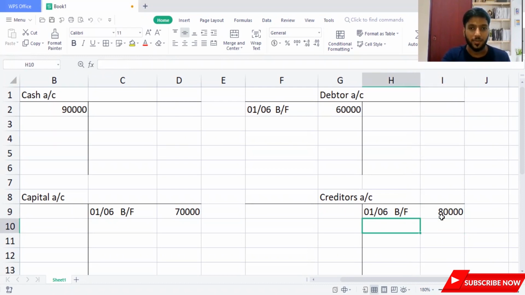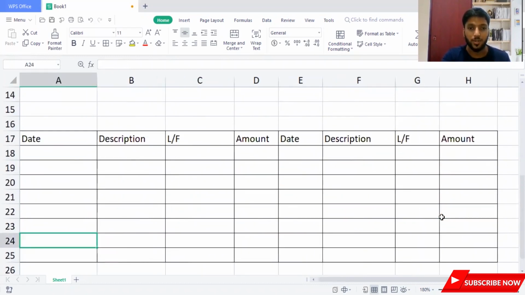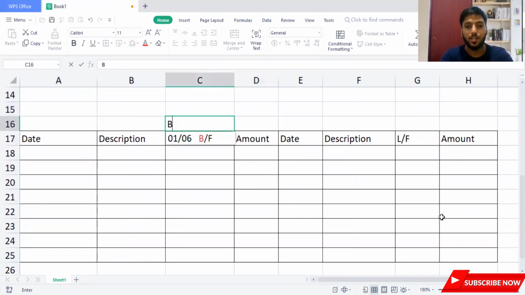I'm trying to teach it in a very easy manner. I don't want to make accounting complicated. Accounting is the easiest thing you will ever see. So I'm opening up an account called a bank account.